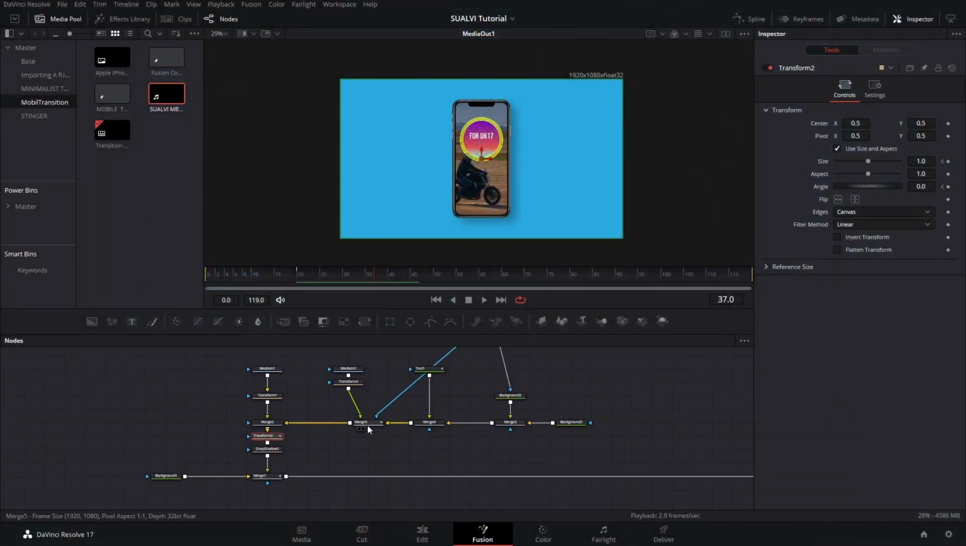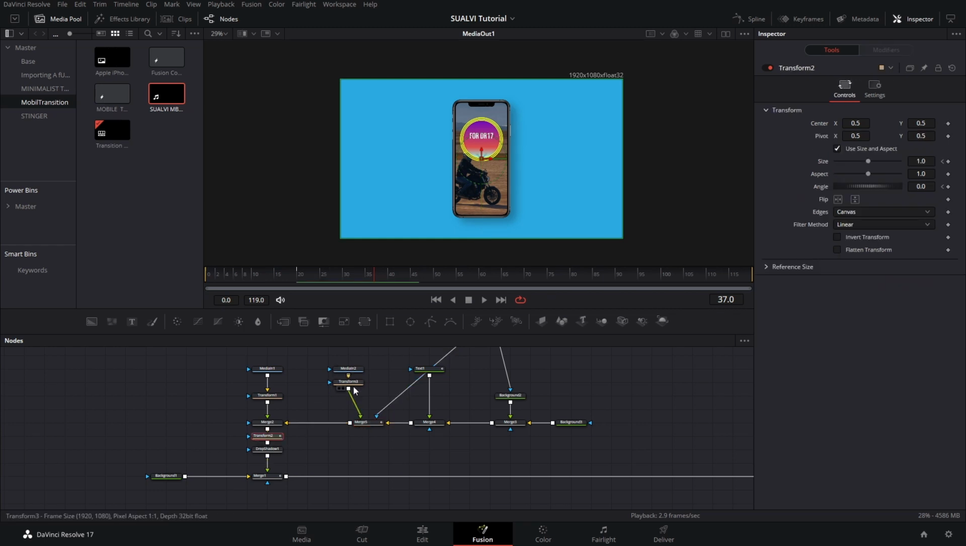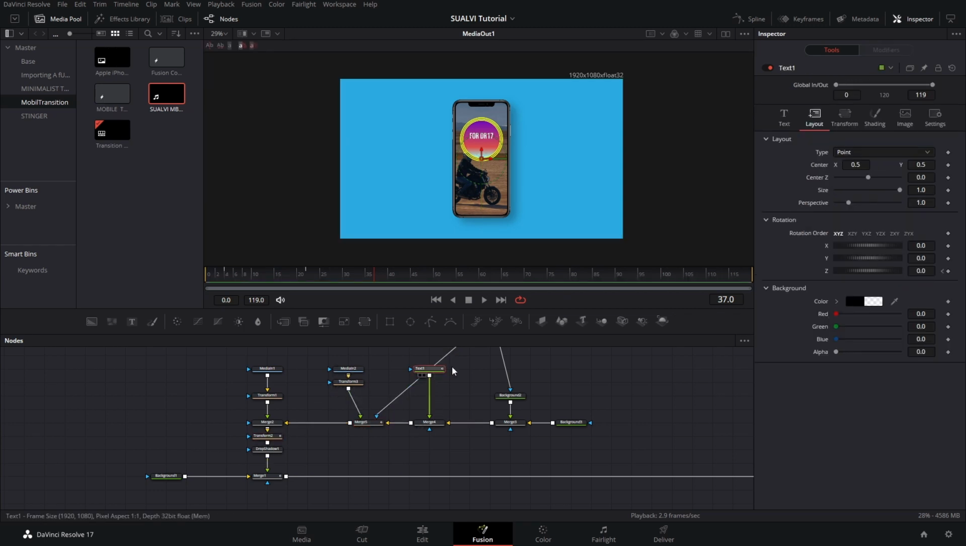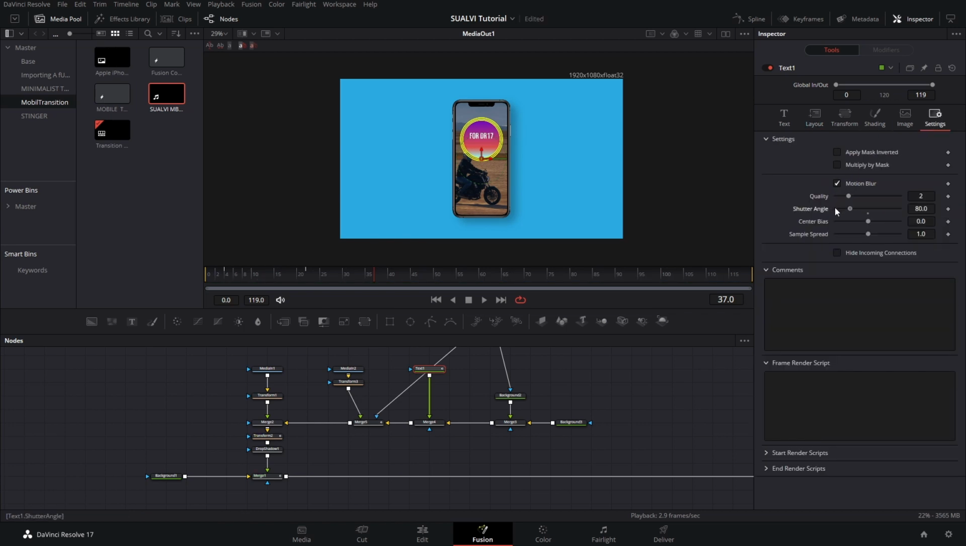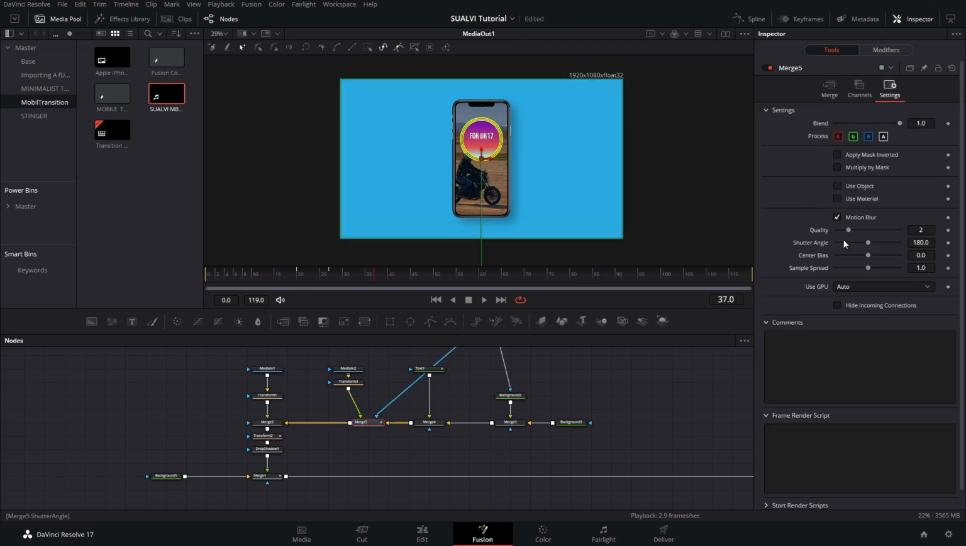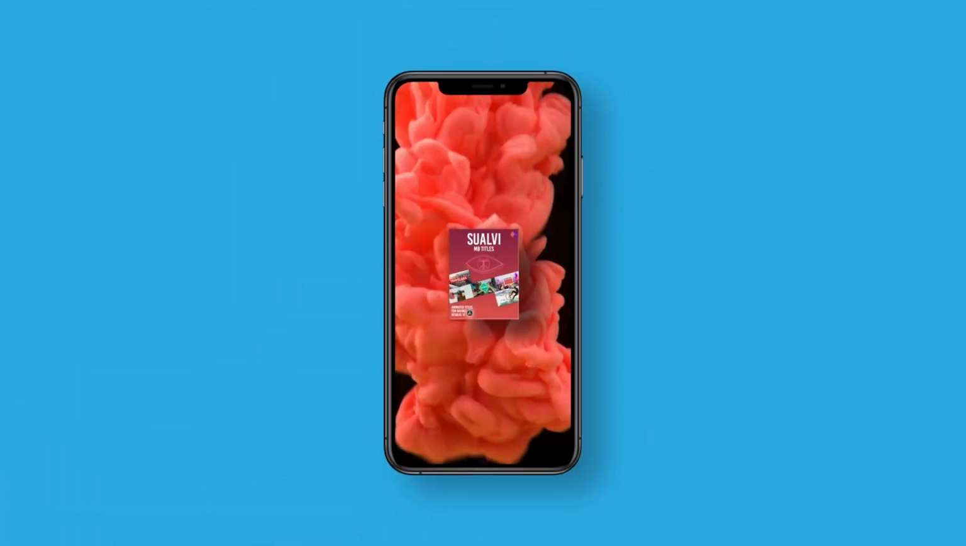Now, the last step is actually really just motion blur, which is really up to you. And for that, just go to the different elements that you have animated. In this case, the merge node and the transform node. And we also animated the text node. So we're going to go to the settings for each of those, and we're actually going to activate the motion blur. And then we can preview these, and we're pretty much done with our simple mobile transition